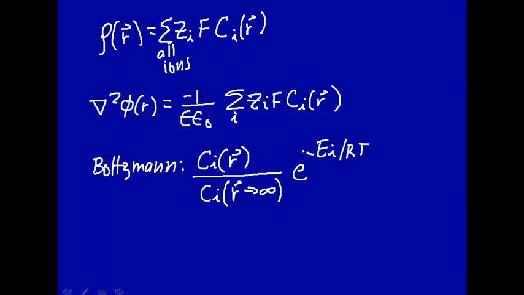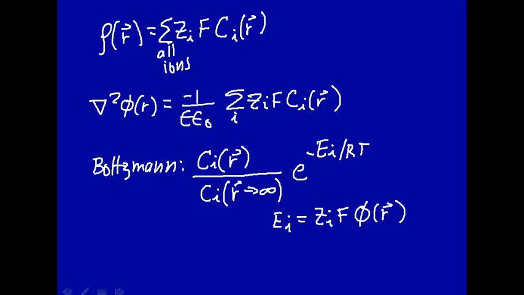That's the Boltzmann distribution. And the energy of the ion, we know from previous lecture, if it's in a potential, is the charge on the ion times the Faraday times the potential